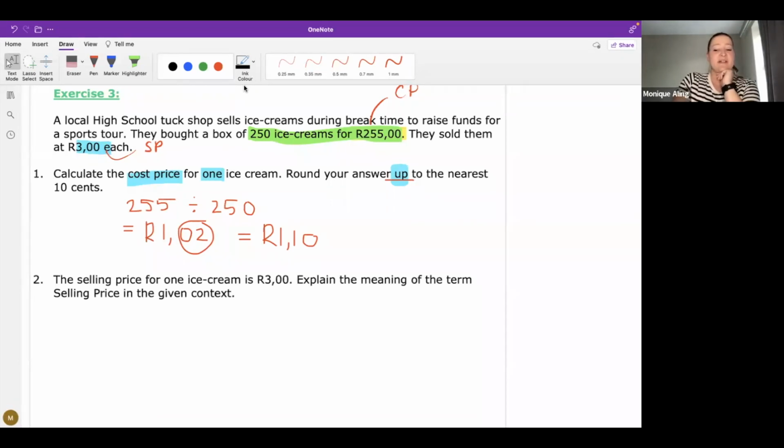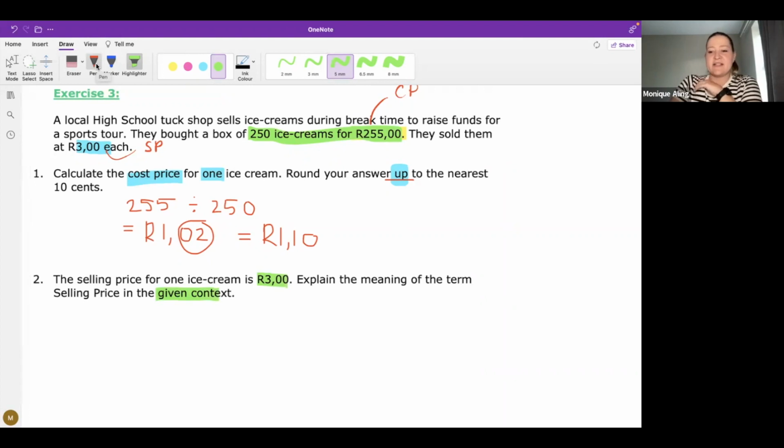Okay, so normally with selling price, we would say the amount you want to sell a product for. That's a general definition. But because they've mentioned a price in this question as well as related to the context. So when they mention context, I mean related to the scenario, related to the story. Okay, so that's 2 key things there. So you can say